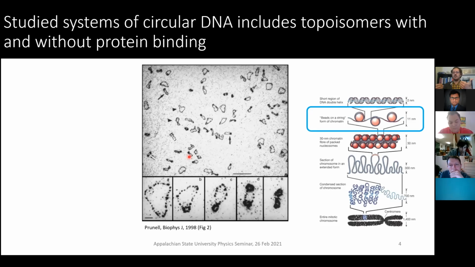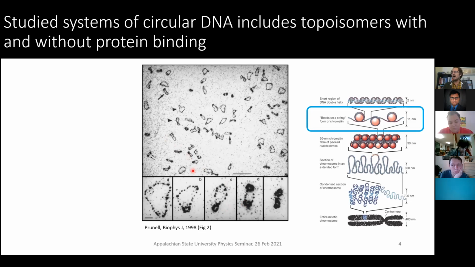If I was to have some form of DNA and I have these histone core particles, there's going to be some degree of interaction that will occur. The studies that were conducted under Ariel Prunell in the 80s and 90s showed that different structures can be made based on the number of histone core particles that can wrap the DNA.